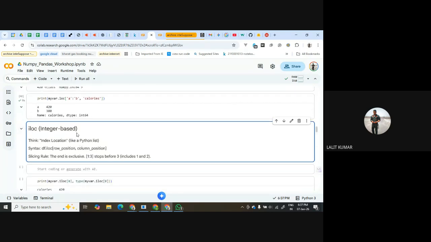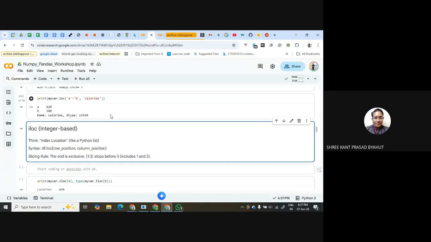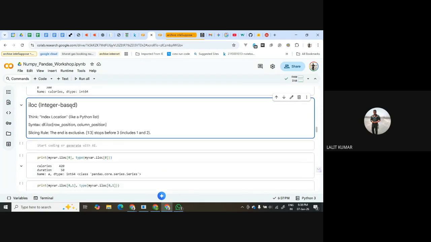Now, this iloc I've already explained, just to revise. iloc is used basically for an index. Can we filter also A colon B? Can we see A and C separately? Yes. A and C also can be used. You have to give in a bracket A comma C calories. So it will go only A and C.